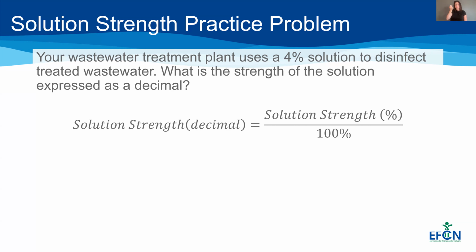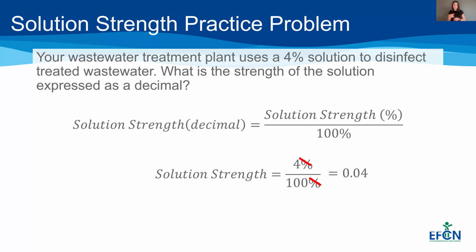And the reason for that is, if you remember the way we set it up, this is going to look something like this. We take that 4% solution strength and divide it by my 100% solution strength. If you'll remember, the percentage sign units cancel each other out. So when we divide 4 by 100, we get 0.04. We kind of tripped you up a little bit there. It can be a little bit tricky trying to remember where the percentage sign goes. But if we're asking for it in a decimal, we'll just remember that we remove the percentage sign. So that's why we end up with that 0.04.